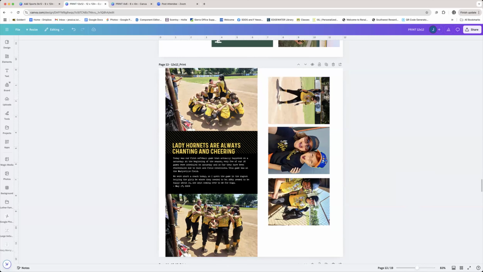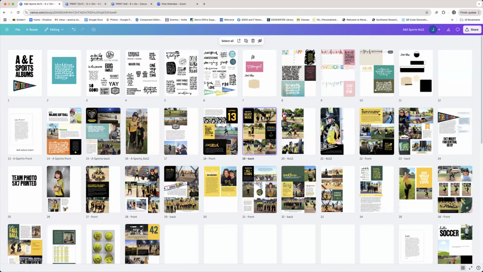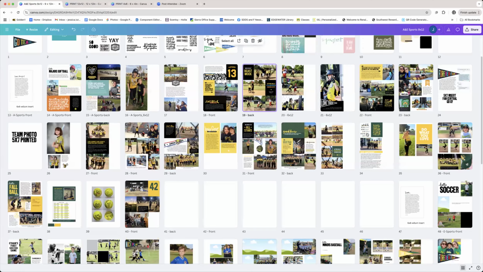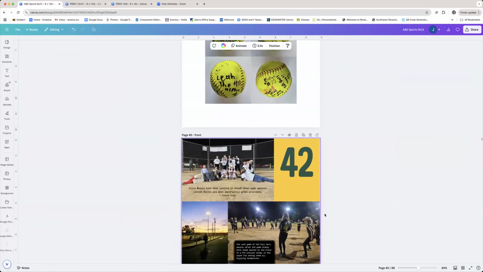You can see that I still have a ton of work to do in this album. My goal was to get Abigail's softball ready to go and done before this season's softball begins. This page, it's not done. I still have things to do. I need to make a card that encompasses her number for the season. I need to add this little black label back here. I need to reformat this text. I have no idea what I'm going to put here. Probably the story of their pizza party that they had at the end.